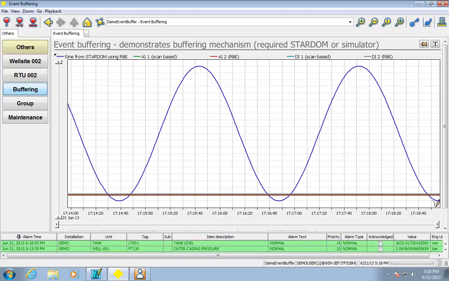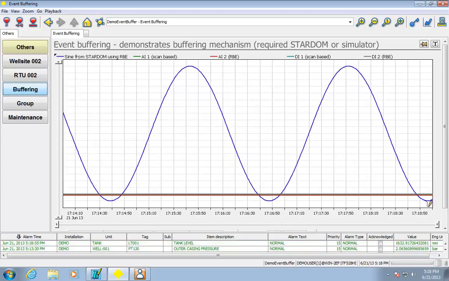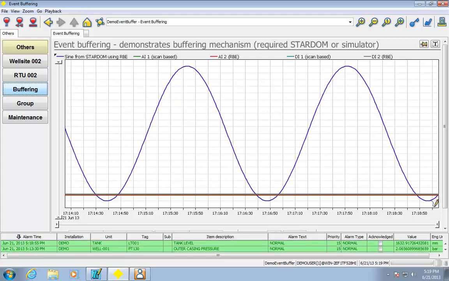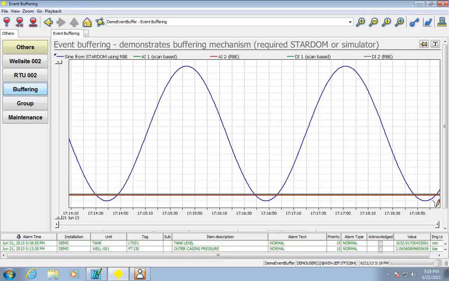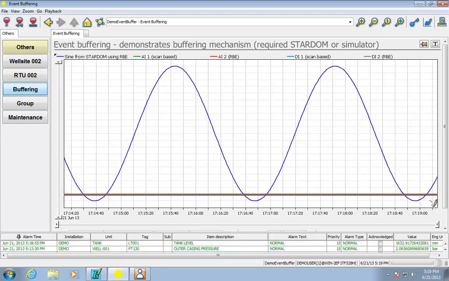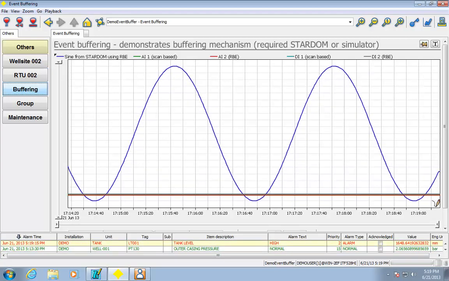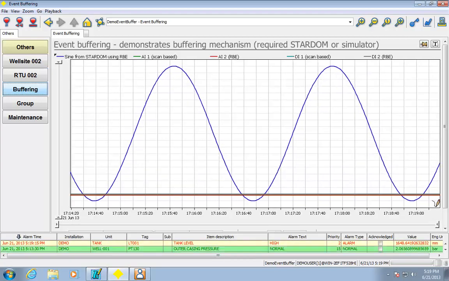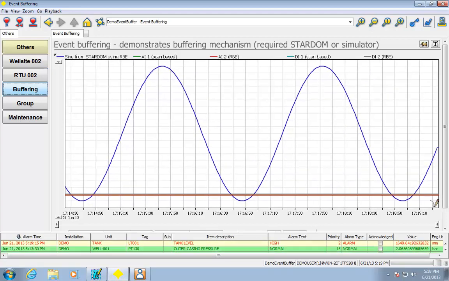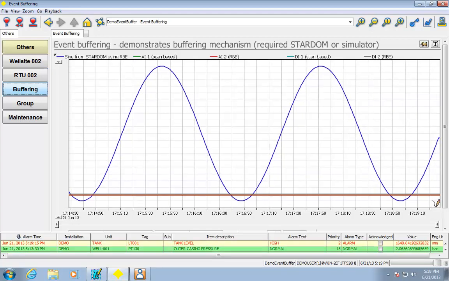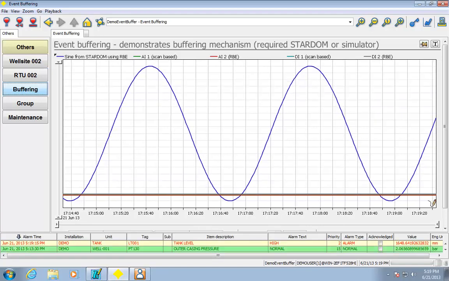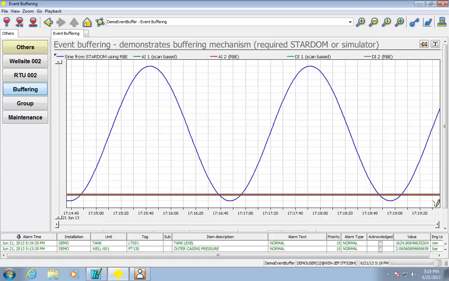So normally when you're polling a PLC and you miss a poll, there's no real capability to ever get that poll back. So that item data for that particular call out to the PLC would be forever missed if this computer that was doing the data logging is down, or if the network between the PLC and the SCADA system were to be down. But with Stardom, since it has that kind of data acquisition type capability and control type capability, it can actually be set up to buffer so that on missed communications, the SCADA system can go and